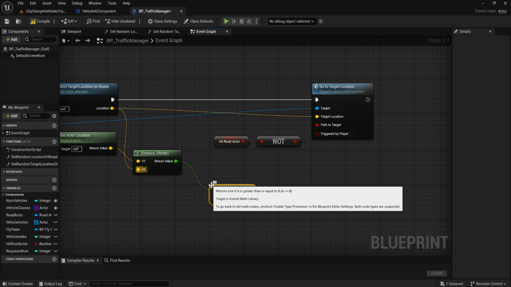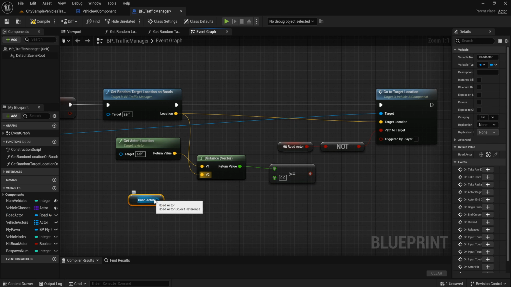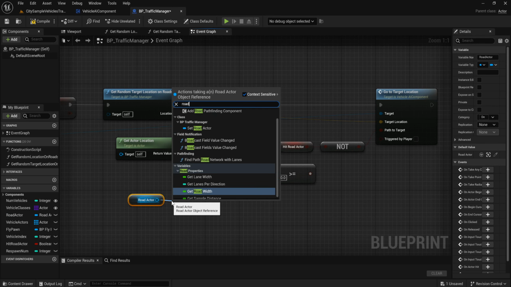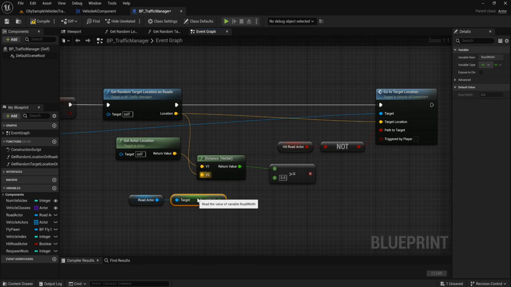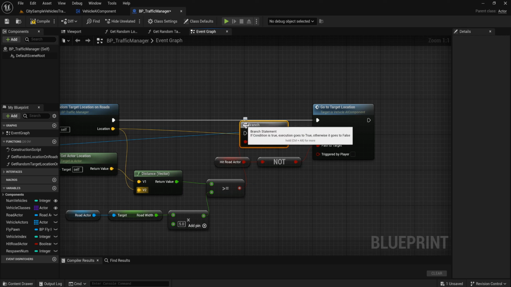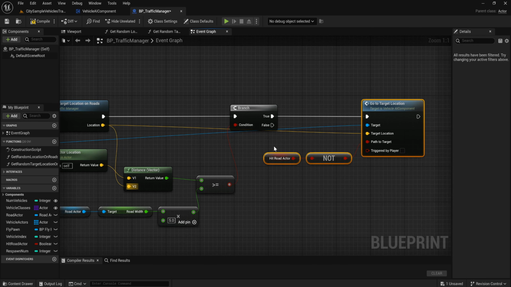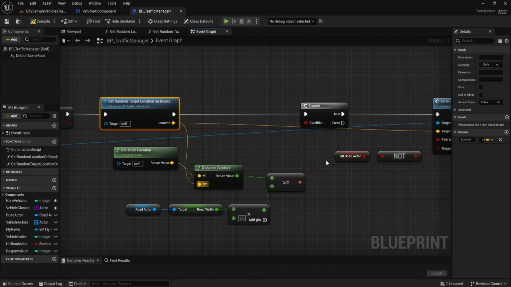greater or equal road actor, road width to this. We can multiply it by 5, create a branch. If it's true, good. If it's false, we do another random